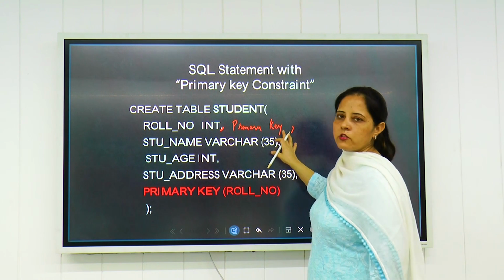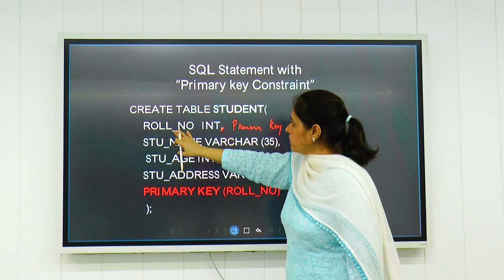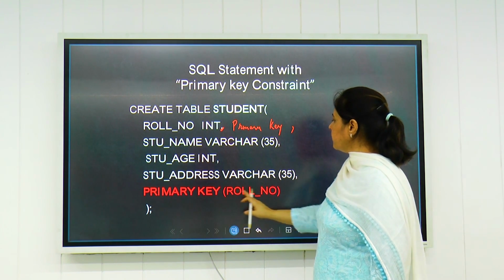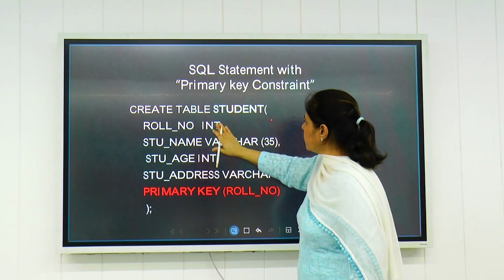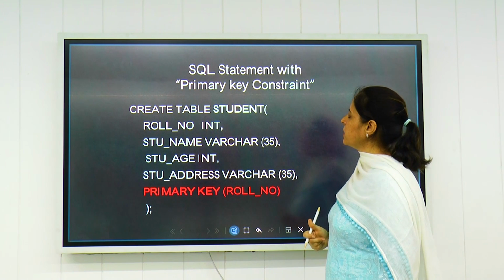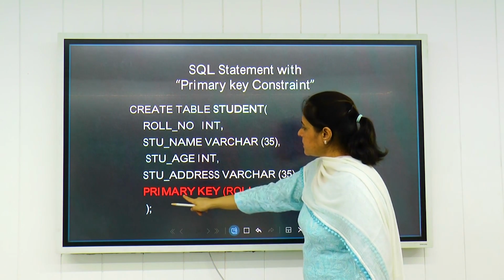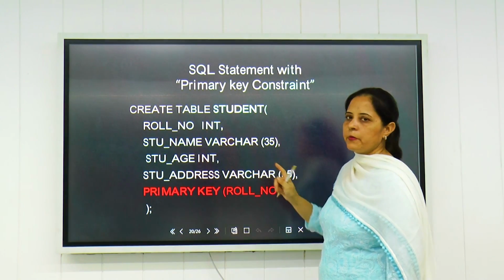So this is one way. Either you mention primary key in front of the attribute in the SQL, or you can use the keyword primary key and within parentheses you give the roll number. So these are the two ways. This keyword mentions that the roll number is a primary key.